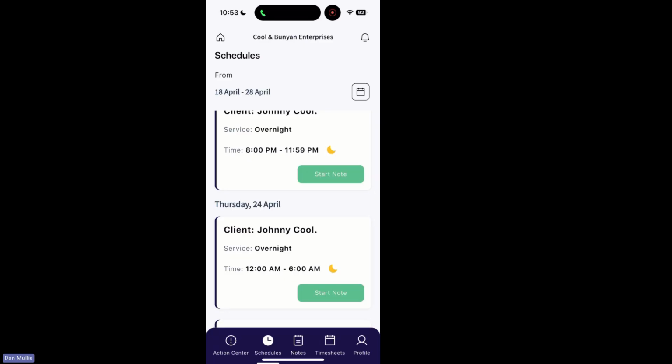Now, where we have some automation here is in that clock functionality. So let me